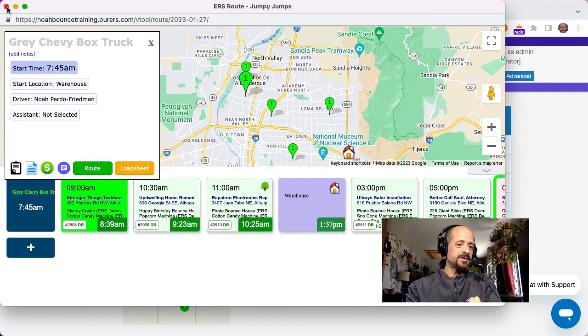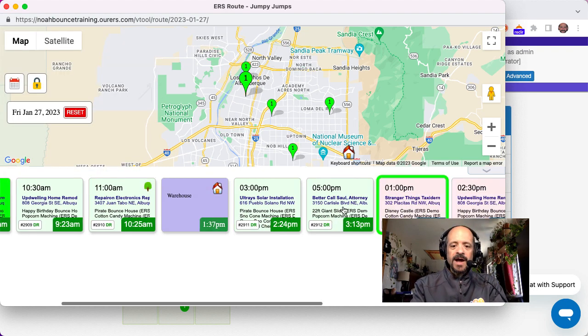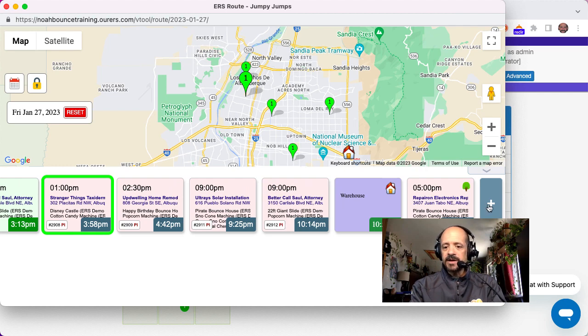Just keep in mind that the tutorial was made about 3 years ago, and we've added a bunch of features to the routing area since we made the tutorial. Now the tutorial still covers the basics pretty well. However, there's one thing that's part of the basics that it doesn't cover because we added it after we made the tutorial. And that is, in order to add custom stops, you click here at the end of the route